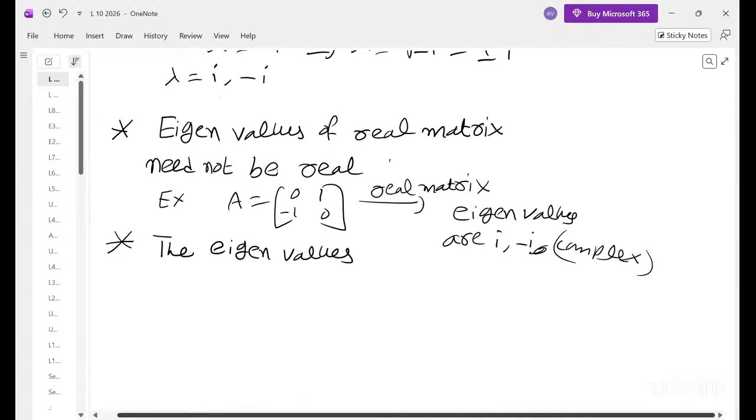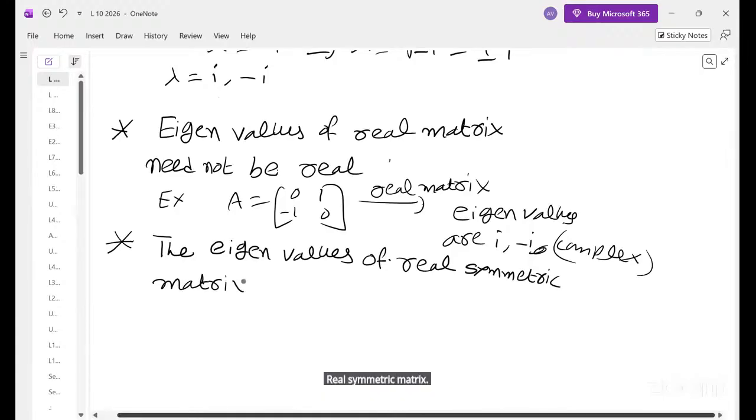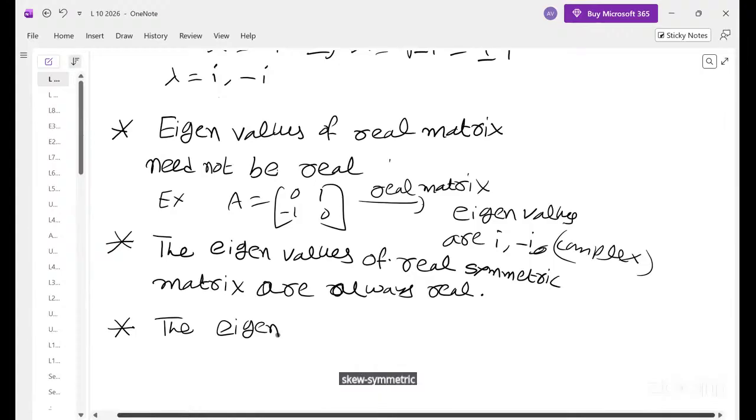Very important: the eigenvalues of a real symmetric matrix will always be real. The eigenvalues of a skew symmetric matrix, real skew symmetric,